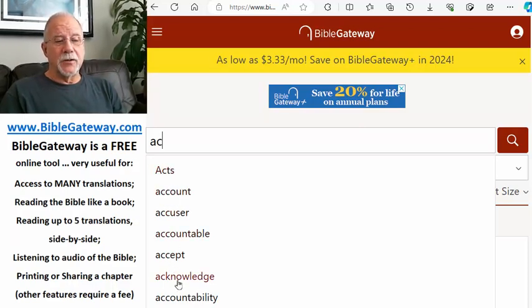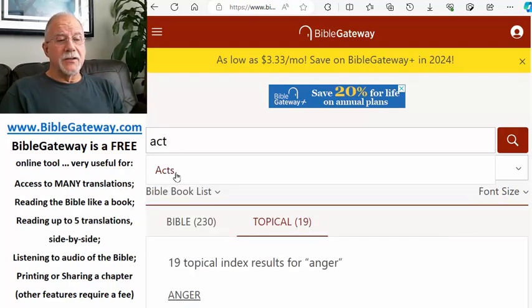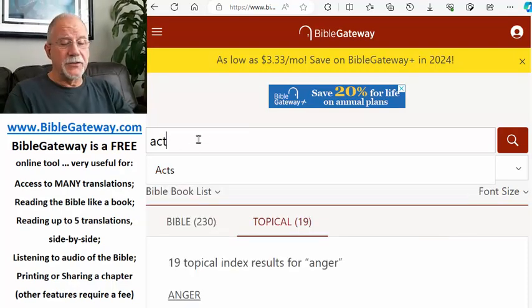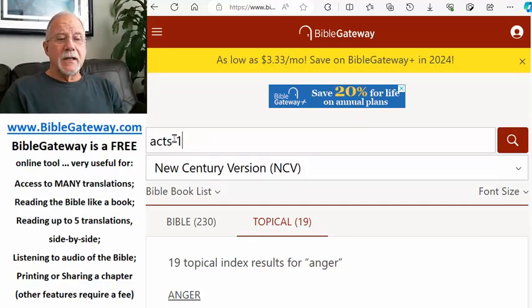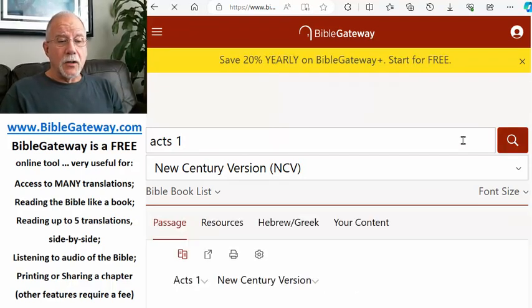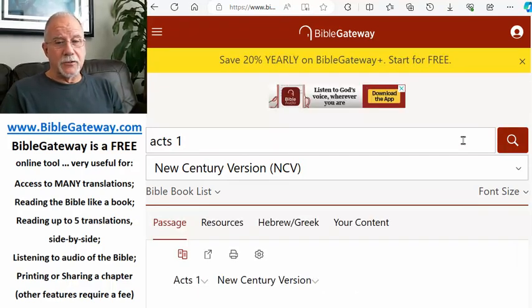See, now I've got Acts, and now I've only got words that begin with AC. And if I go to T, then there's just one choice. But I can just type it out instead of having all that other stuff I do. Now, here's Acts chapter 1, and it's not actually changed anything down here until I hit this little button over here. Okay, so also I could hit the enter key, which is what I just did,